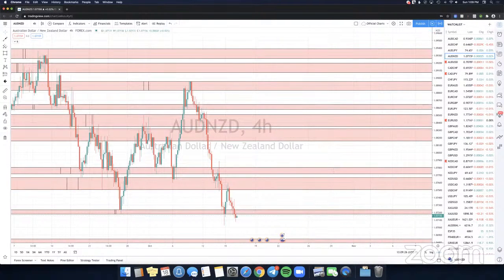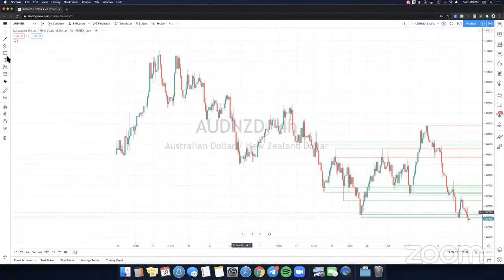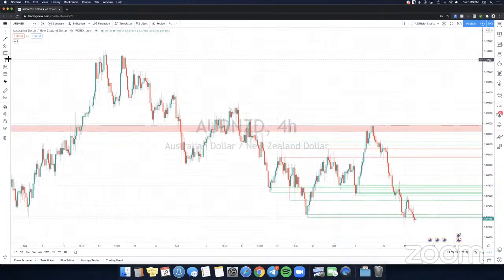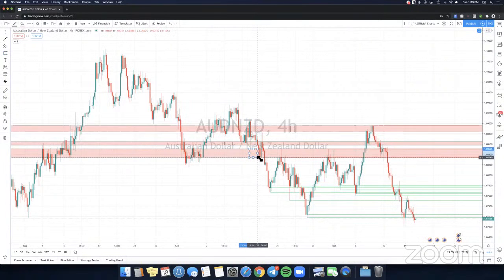Okay, so odd NZD right here. Delete everything off this point. Turn on the K2SR indicator. And let's draw these zones. Got one right there. You got one right here. Another one right here. Another one